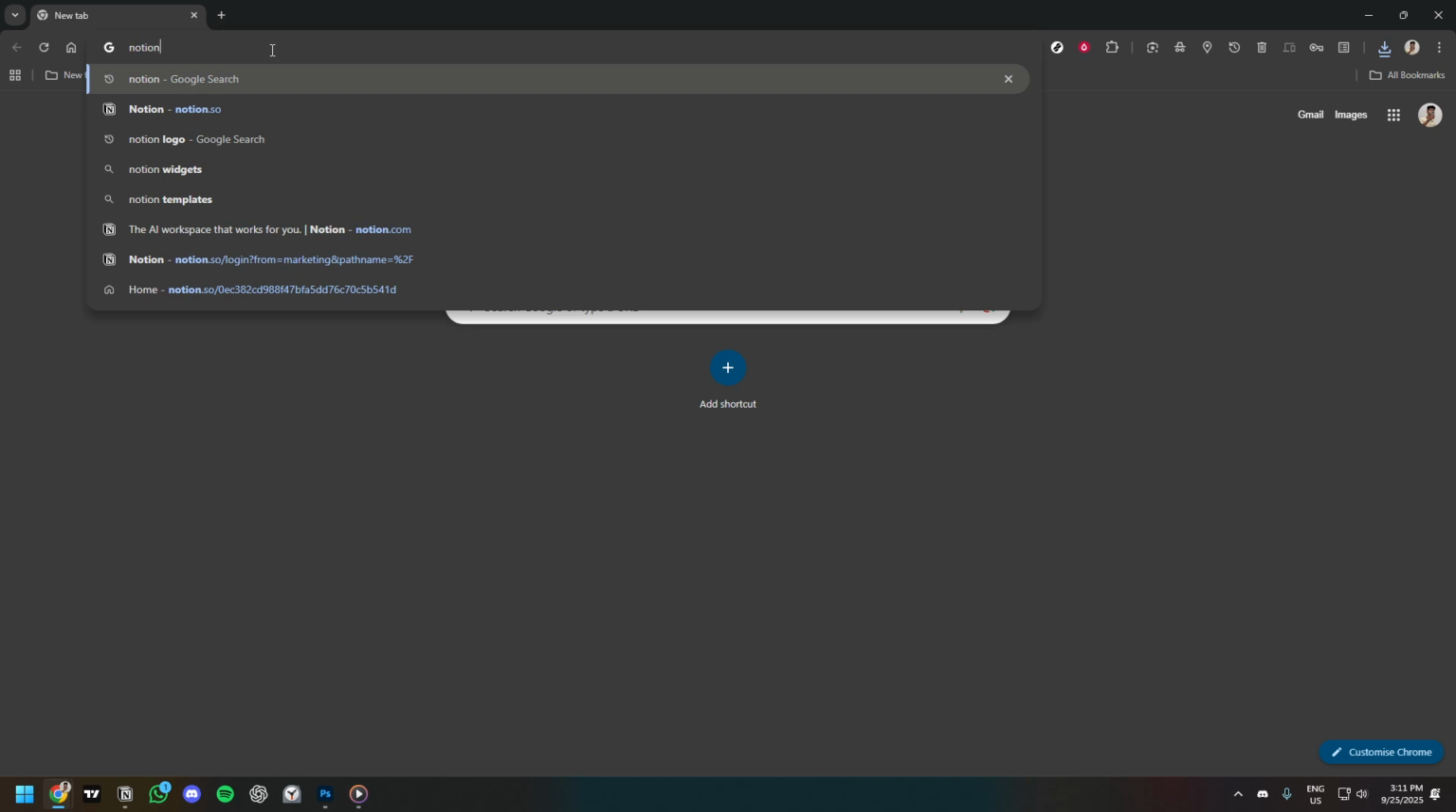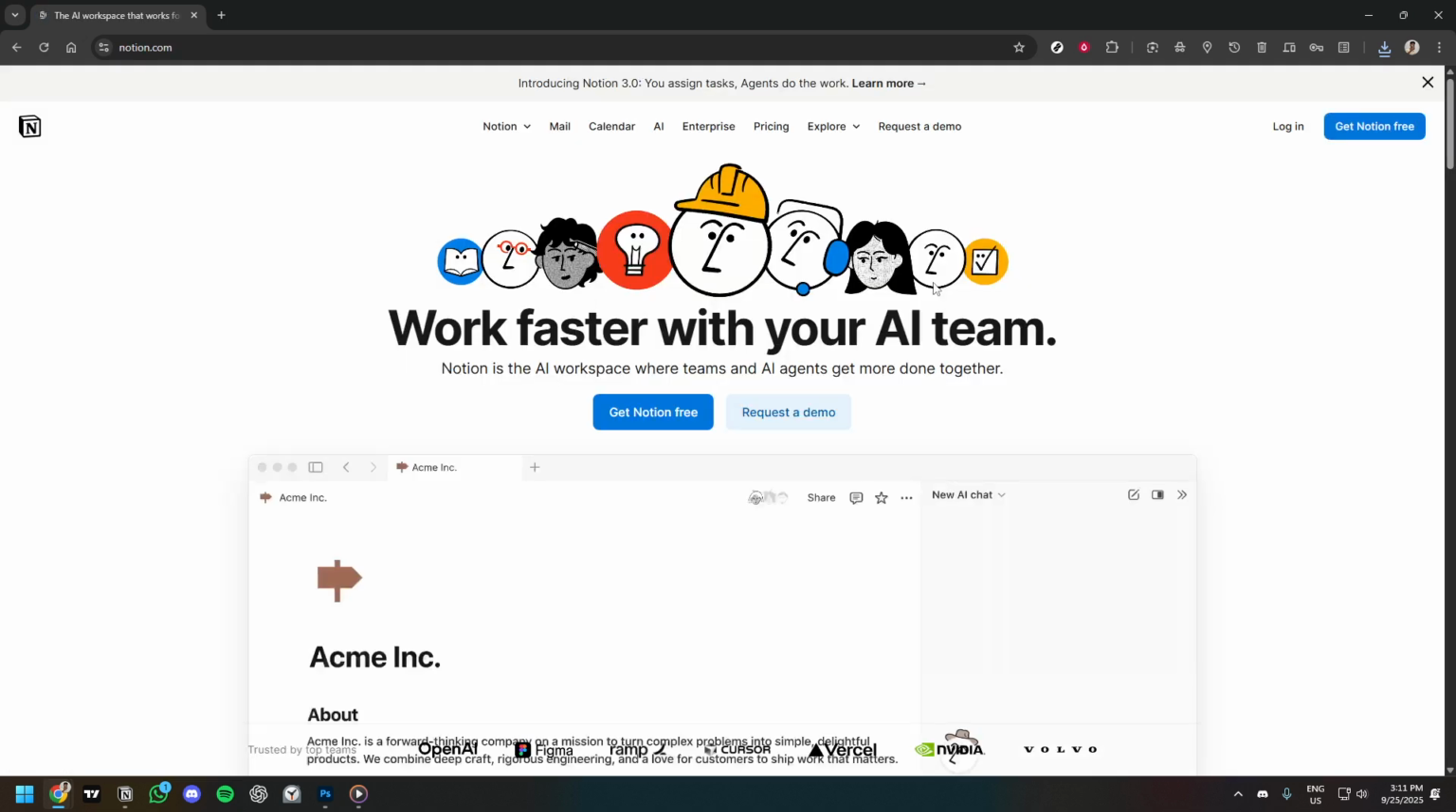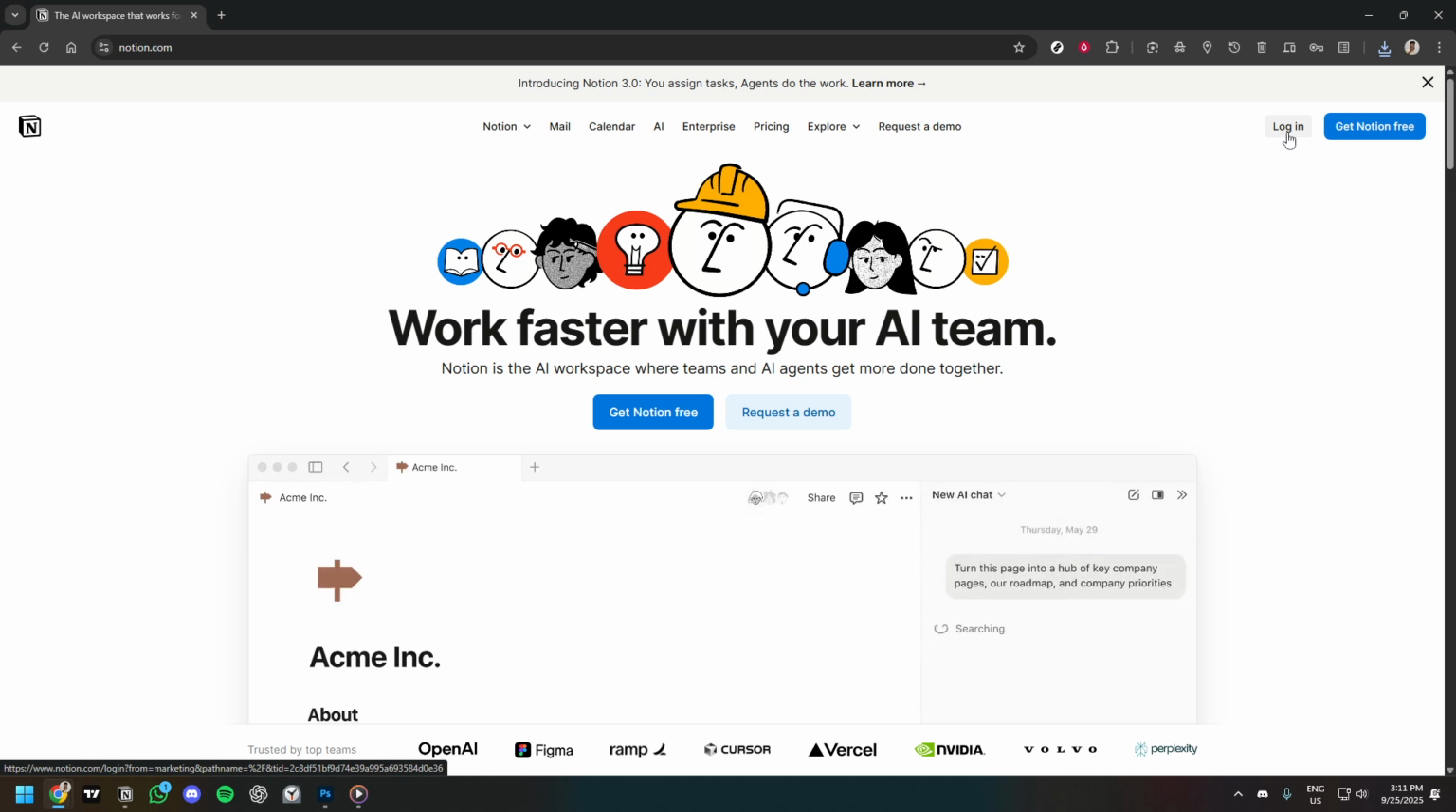We'll begin by opening up your preferred web browser and heading over to Google. In the search bar, type in Notion. You'll find Notion as a prominent result. Go ahead and click on that link. You're taking the first step into an incredibly versatile digital workspace that helps with managing notes, tasks, projects, and more,